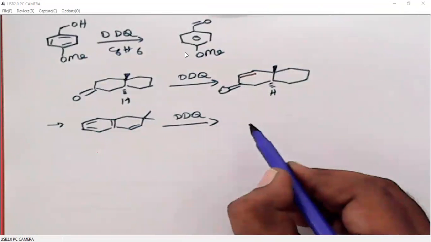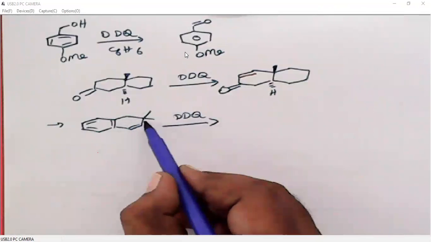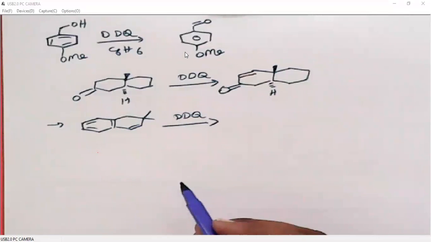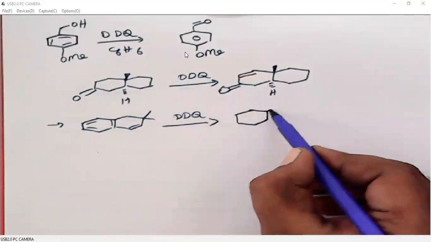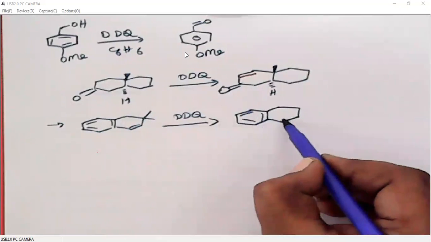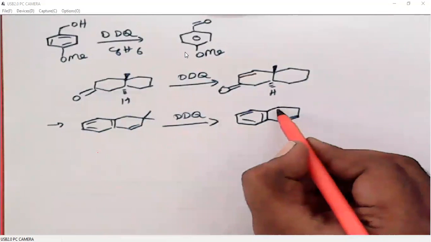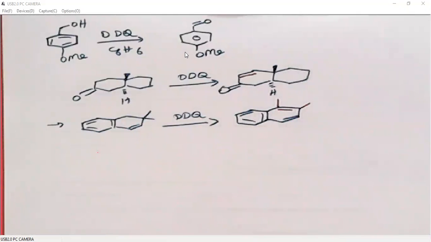In this case, what happens? There must be a formation of a double bond, but this carbon is a quaternary carbon. That means it is attached to four different carbons. It doesn't have any hydrogen. But still we can do DDQ oxidation on this, and we can generate the double bond required for us to make this system aromatic. But this can be done by methyl migration.